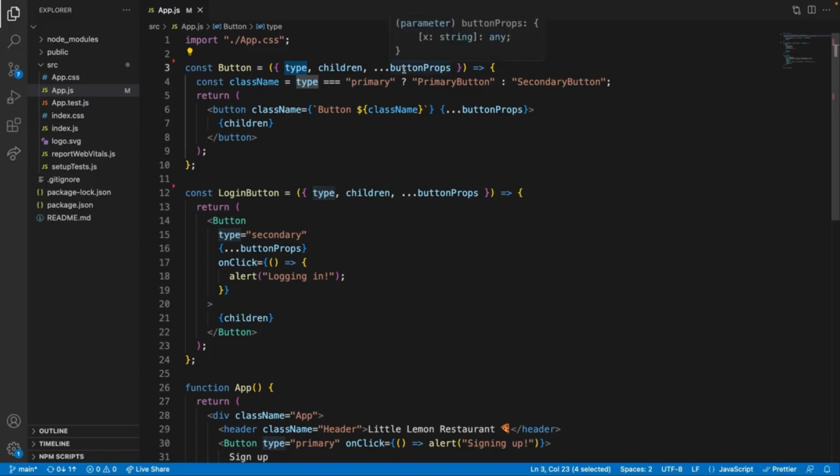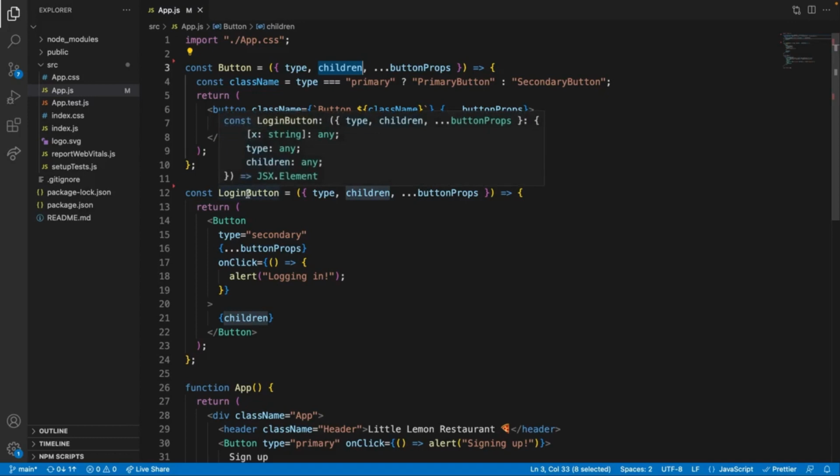Here is a clear example of using the spread operator to group all the props that belong to the native button and explicitly extract the custom props I have defined for this component and are React specific: type and children. This implementation is clean for developers, since they can provide all the props a native button would expect. The second example is a